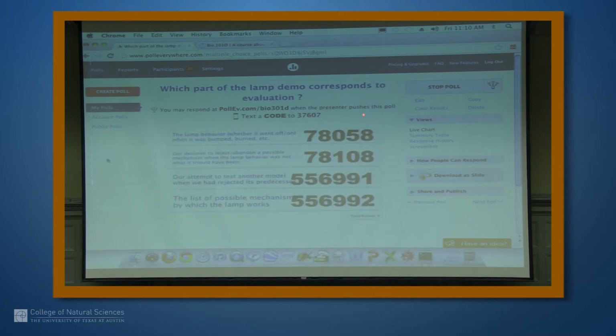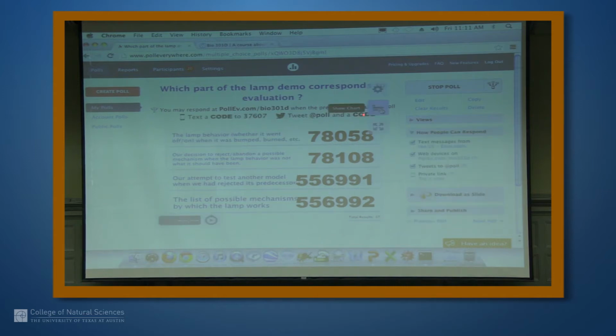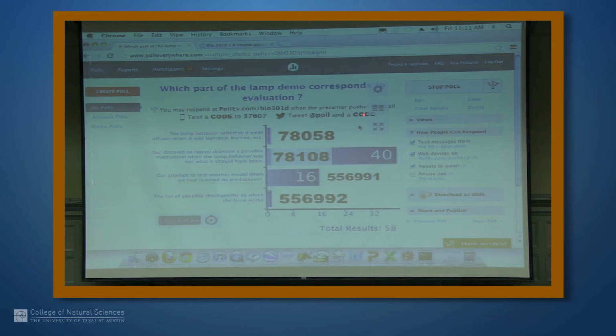Now evaluation. A little bit of disagreement here. So evaluation, most of you have it right, but it's essentially what we decide about the fate of a model based on data. And so now, unfortunately, because I didn't give you enough options here,